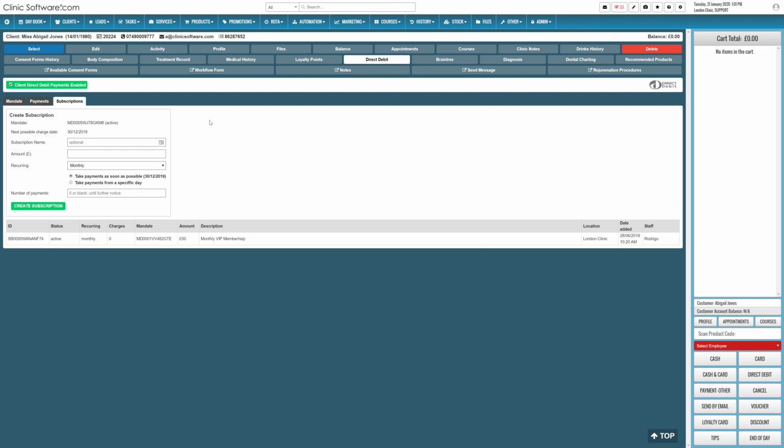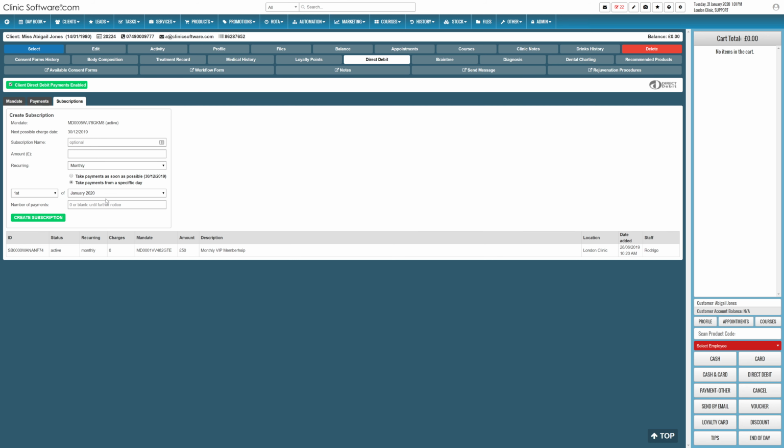And you can create different packages and create this type of membership. Plus you can specify if you would like to create a new subscription or take a subscription from a specific date. You can specify if this subscription will start and which day of the month, and if this subscription is for a long period of time or a defined period of time, like 6 months, 9, 12 months, or until